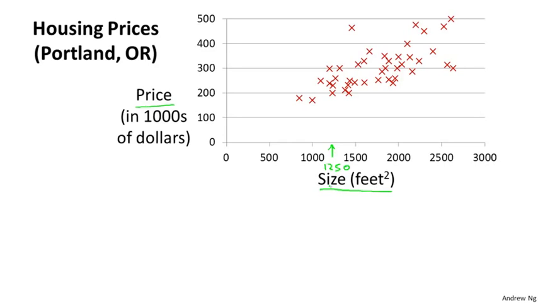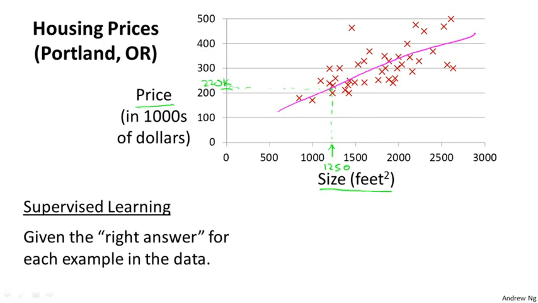Well, what you could do is fit a model, maybe fit a straight line to this data. That might look something like that. And based on that, maybe you could tell your friend that it looks like they can maybe sell the house for around $220,000. So this is an example of a supervised learning algorithm, and it's supervised learning because we're given the "right answer"